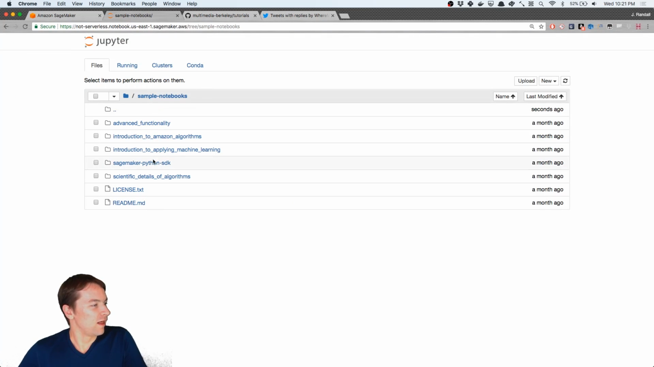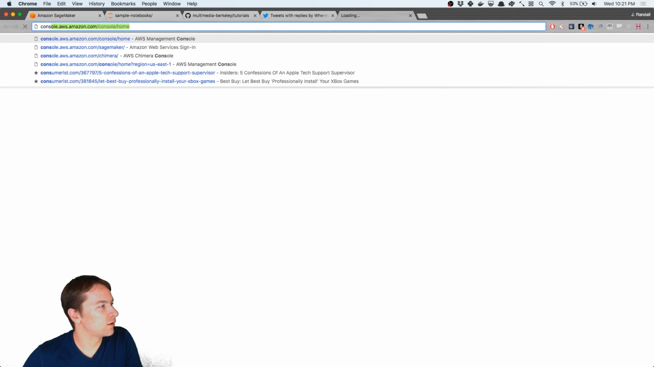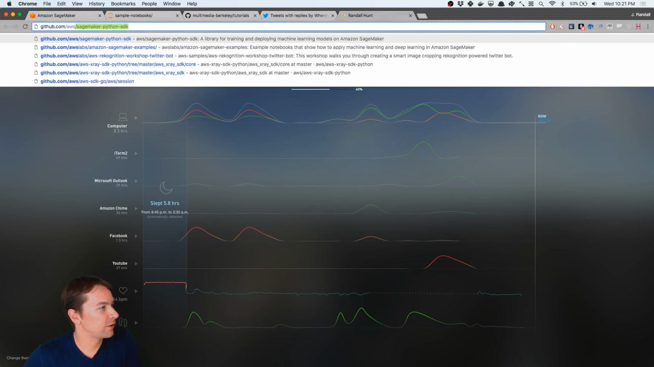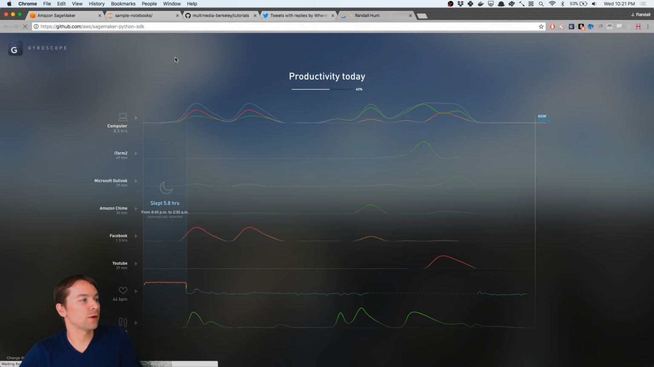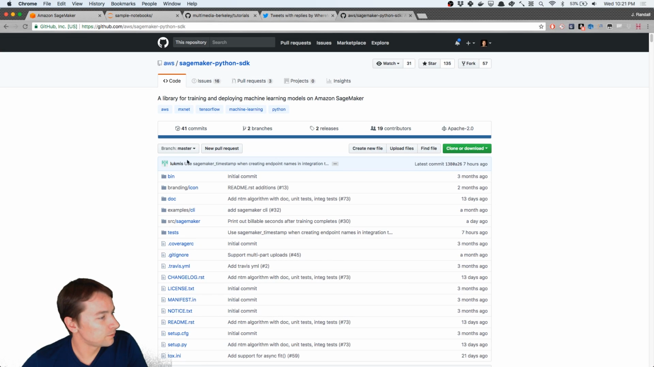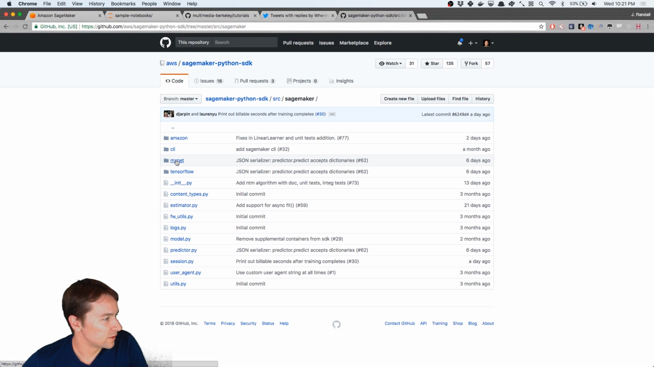This Python SDK makes it really easy for us to define a very simple method called train that we then invoke. And the way that this works, you can see it on GitHub. It's not top secret code or anything like that. You can go and look at the AWS Python SDK or the AWS SageMaker Python SDK. We can go and look at the source here. You can see, for instance, for predictor,